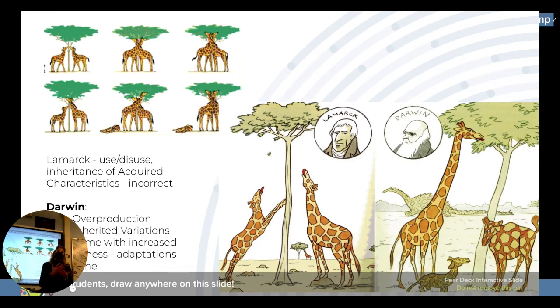Darwin would say there are going to be some dead giraffes. Why? Because not everybody's going to make it. But those variations that have the longest necks are going to eat the most food, be the most fit, have the most sex, and produce the most offspring. And over time, giraffe necks are going to get longer and longer and longer. Okay, we good on that? Okay, so